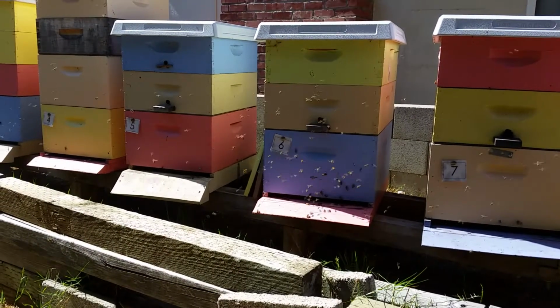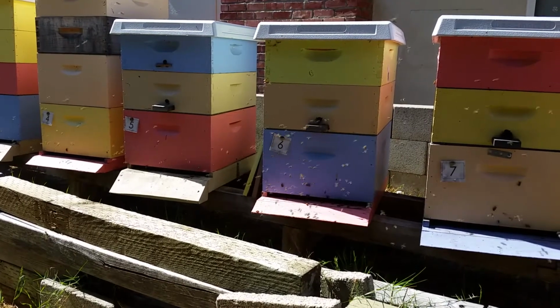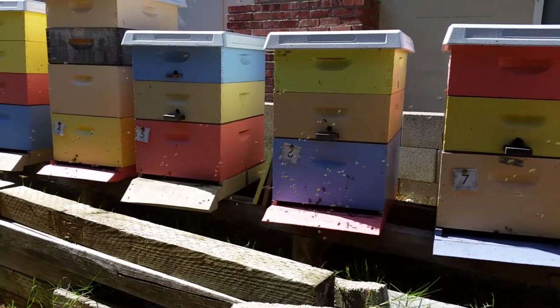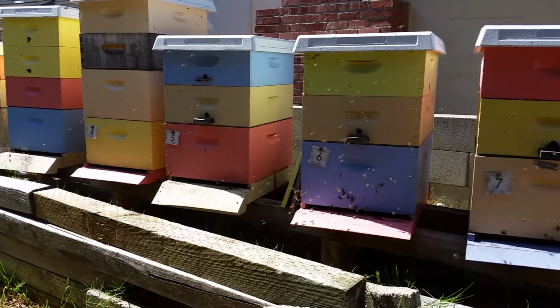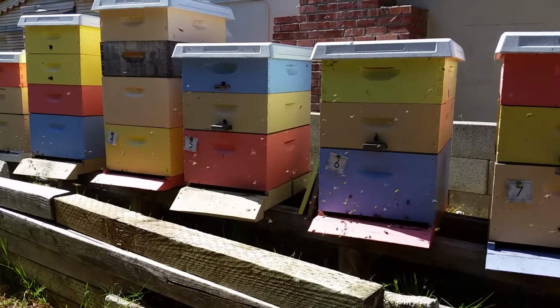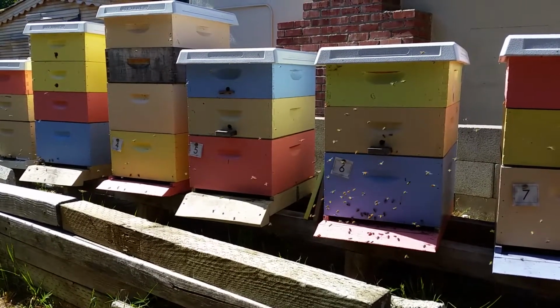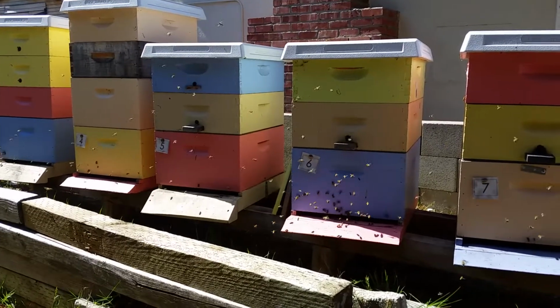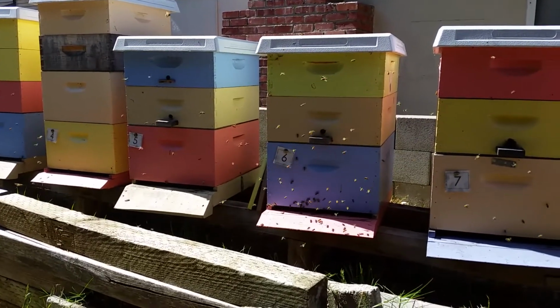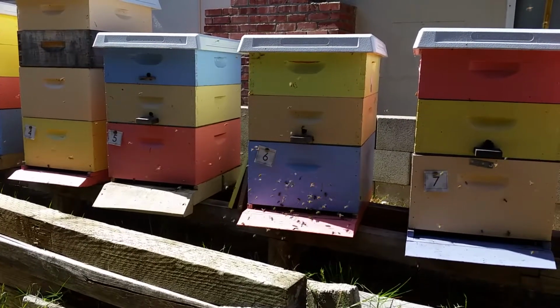This is an example of bees doing an orientation flight. Hive number 6 and hive number 5 both have about the same number of bees in them. Same number of frames of brood and stuff. But you see the activity on number 6 is much more, and that's because the bees in 6 are doing